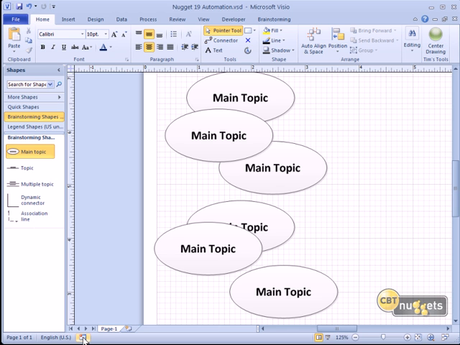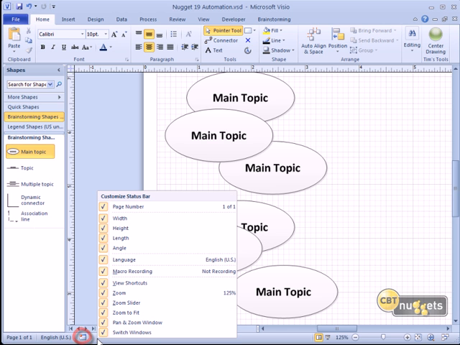macro. Now, to record a macro, as I said, we can come down here to the status bar. And by the way, if you right-click the status bar, you can customize what's being shown. If you know you're not going to need macros, you can turn off the macro recorder simply by deselecting it, and you can reduce clutter actually by deselecting objects you don't want, like language. If you're not using a localized version of Visio, you may not care to have the language show up.